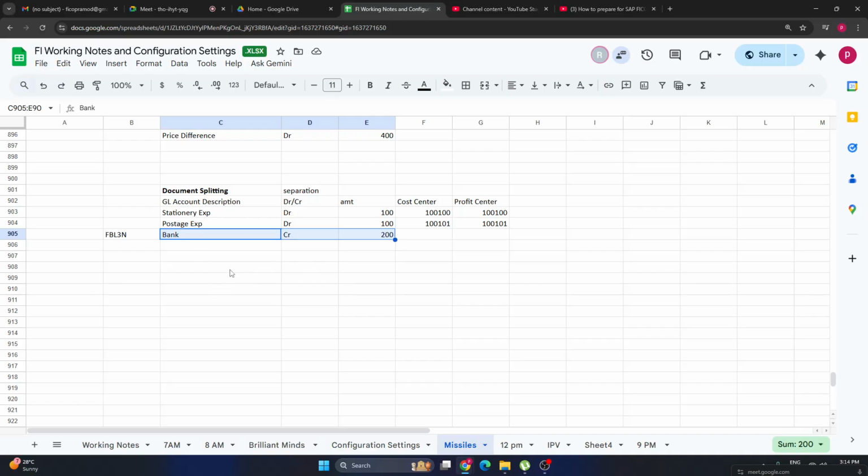No. For that purpose, document splitting is where SAP has brought this functionality. So what happens is,